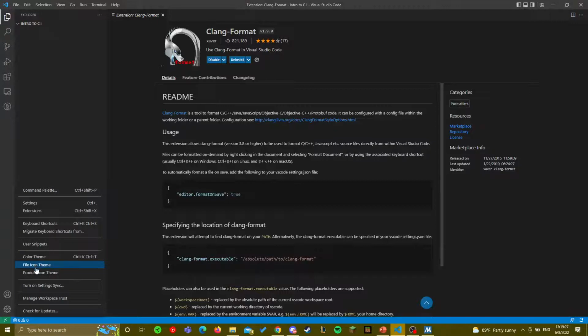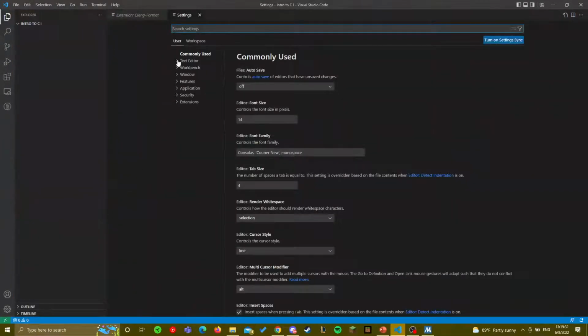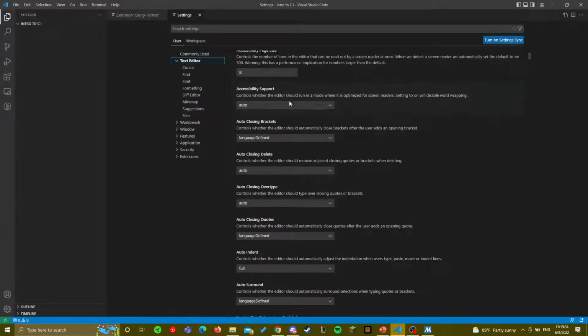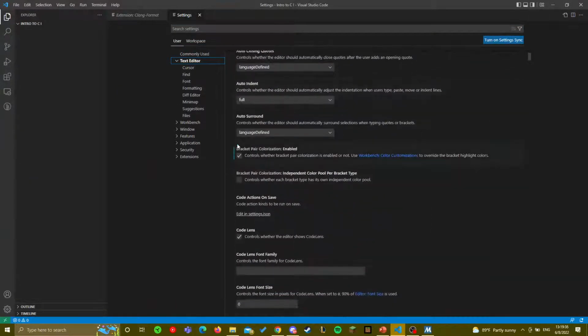So if you go to settings, the text editor, and then you scroll down, you should have bracket pair colorization enabled. And this assigns a color to each bracket pair, so you can easily see when you get nesting involved.